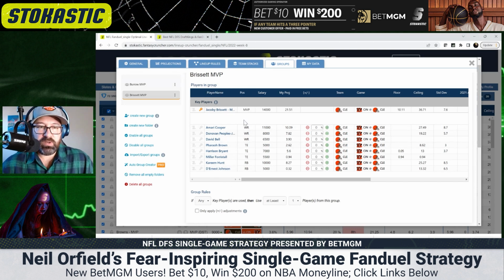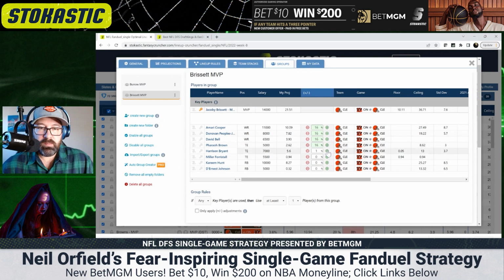But for the most part, I'm going to be giving boosts to these wide receivers and tight ends. And because none of these guys project all that great relative to the pass catching options on the Bengals, I'm going to need to give these wide receivers bigger boosts to get them into lineups if I want to get multiple. So I'm actually going to give pretty significant boosts to these wide receivers. I guess I can check later if these boosts are too much, but I'm going to give them all